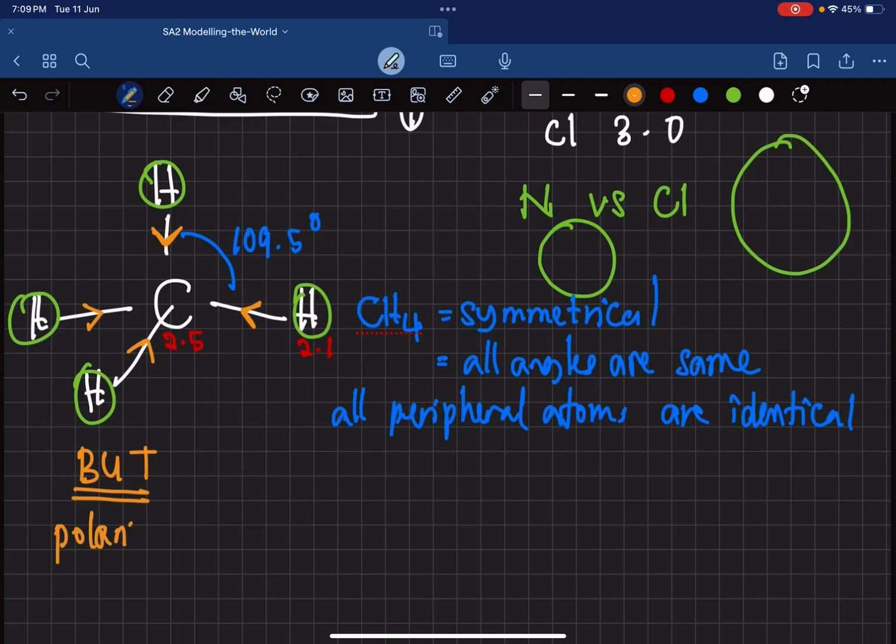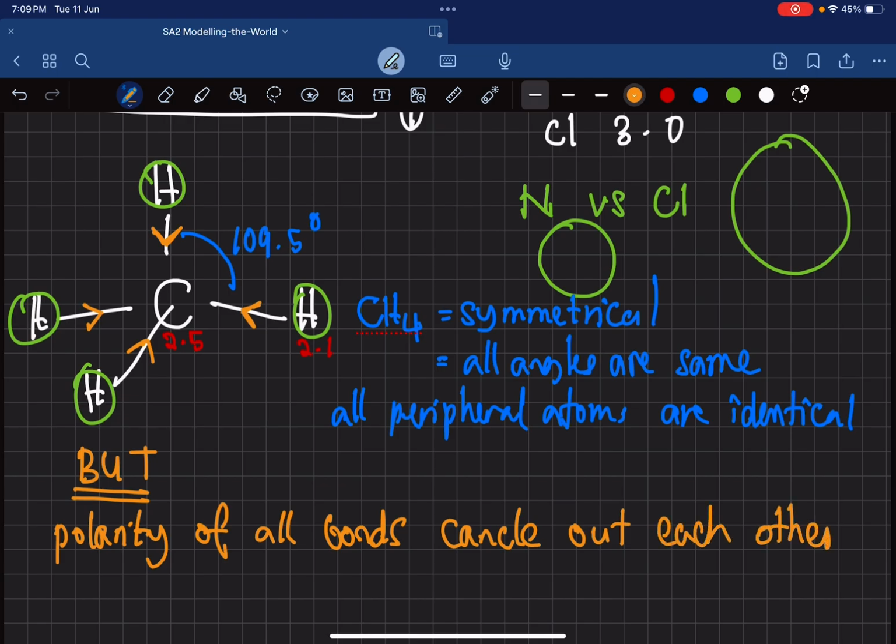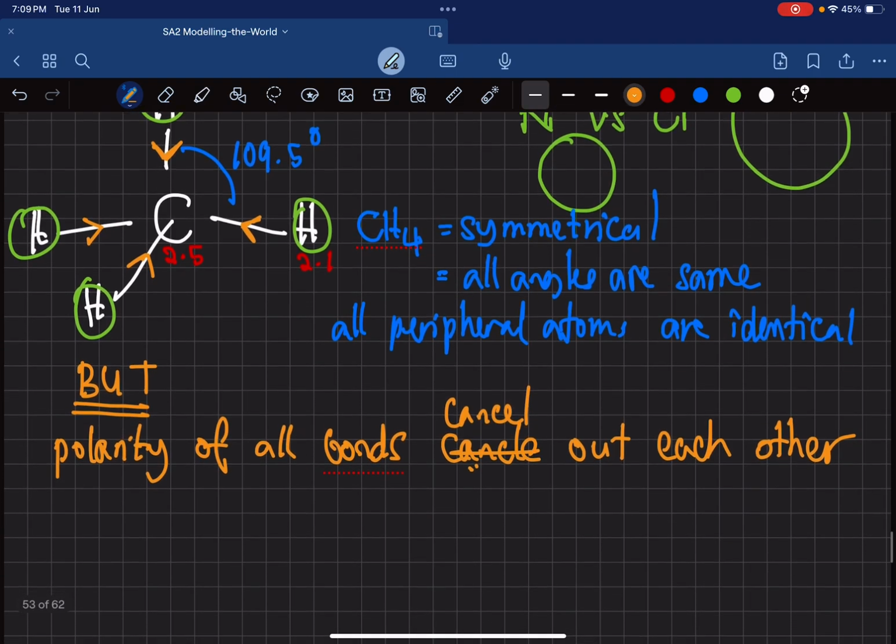Okay, so every bond is polar, but there's a big but here: the polarities of all bonds cancel out each other. I think I spelled cancel wrongly. C-A-N-C-E-L, cancel. The polarity of all bonds cancels out each other